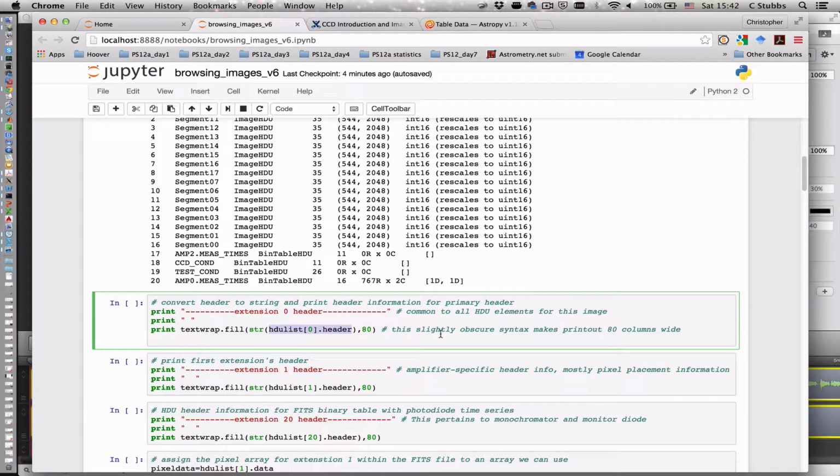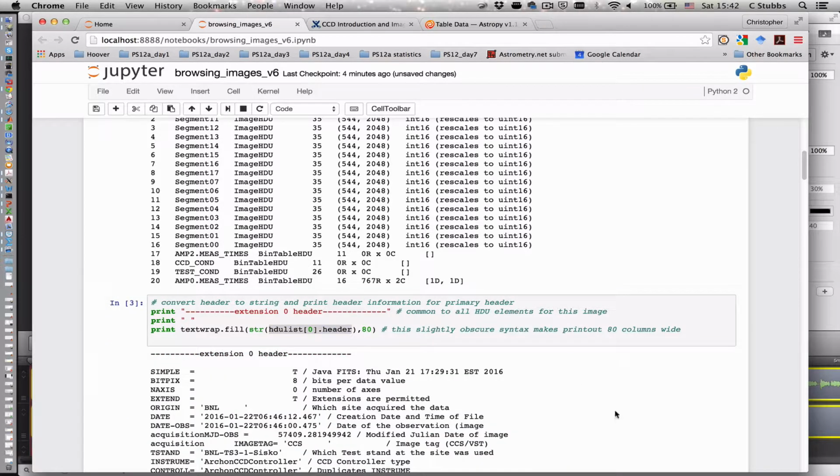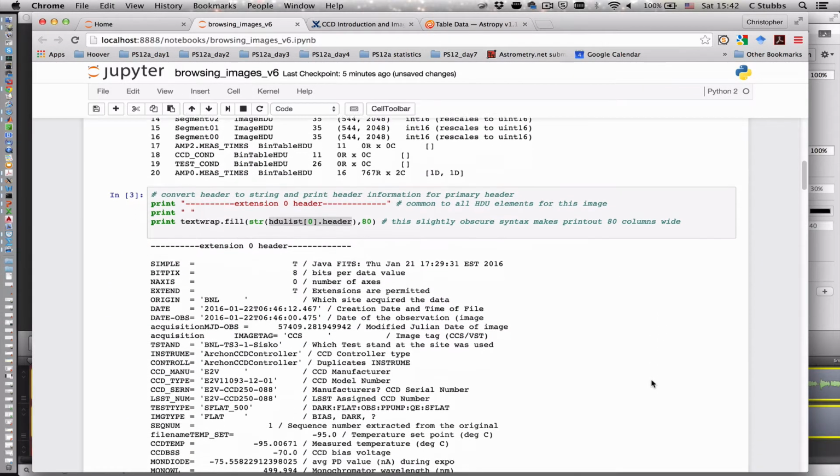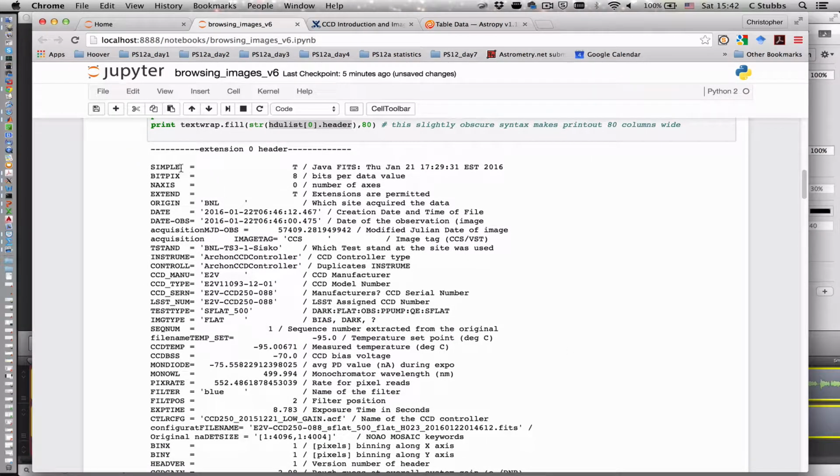This funny syntax generates a readable printout on the screen because FITS headers are expecting to be put on a screen that is 80 columns wide. So this slightly obscure Python syntax generates a readable printout of the FITS header. So here we go. Here's the extension 0 header,